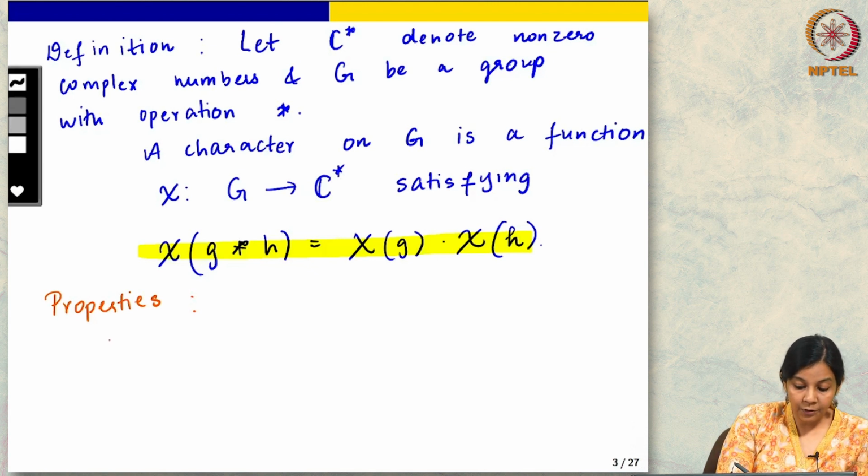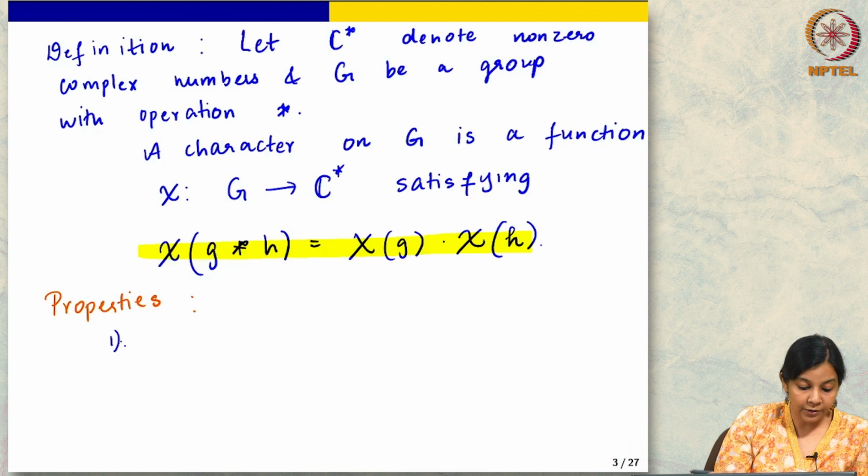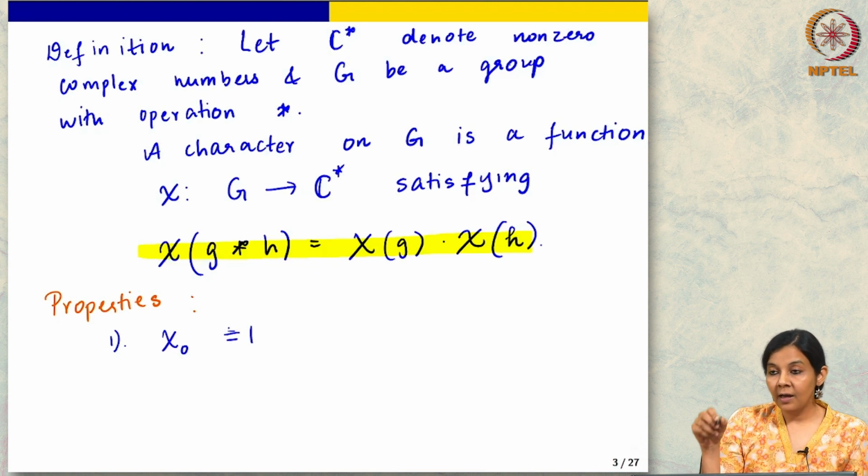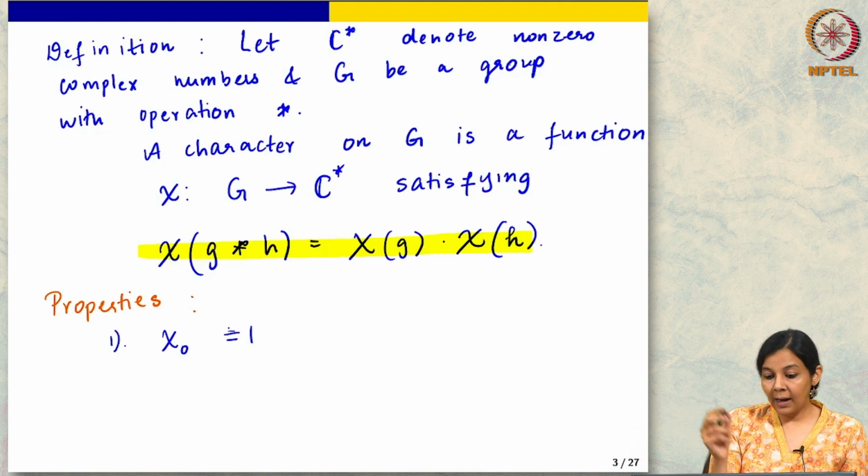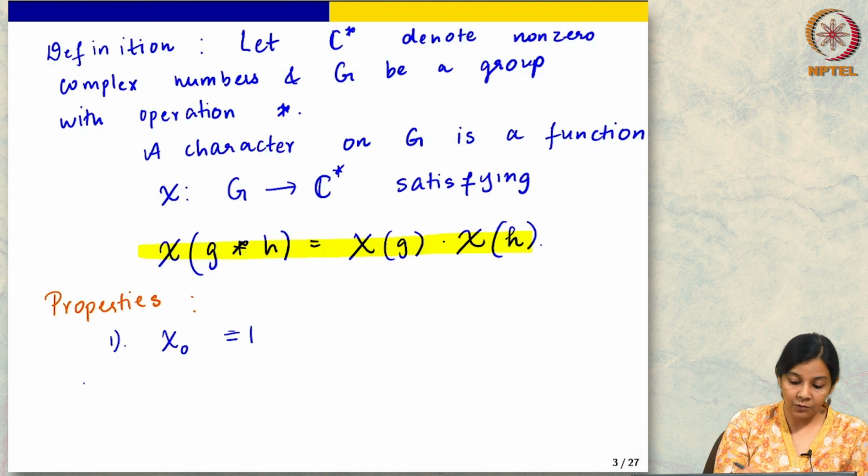Okay. So, we are just going to highlight some properties that we have already used. One is that chi 0 of anything is just going to be 1. If it is minus 1 to the gamma x and I am taking gamma as 0, then obviously this will just give me 1.